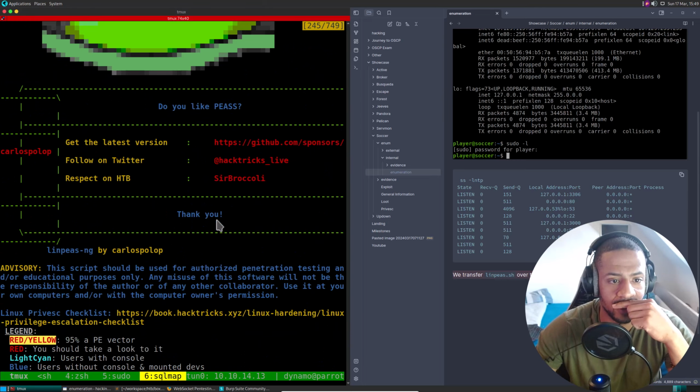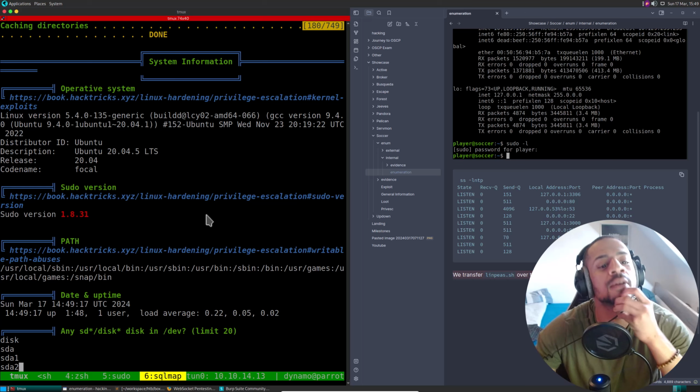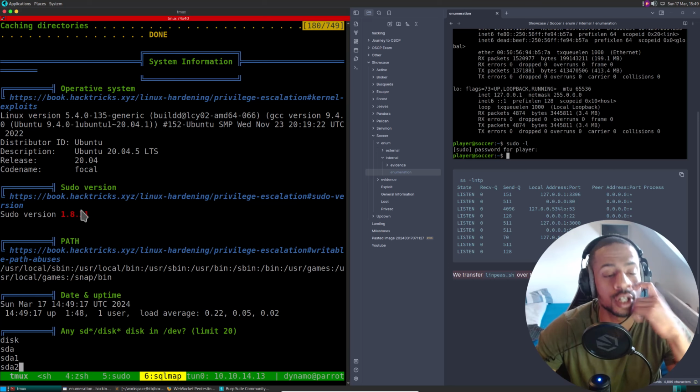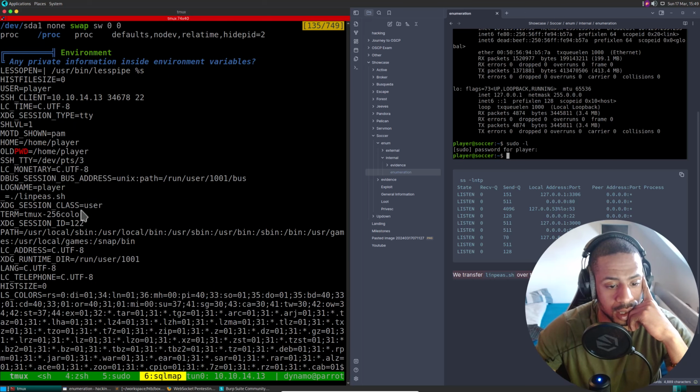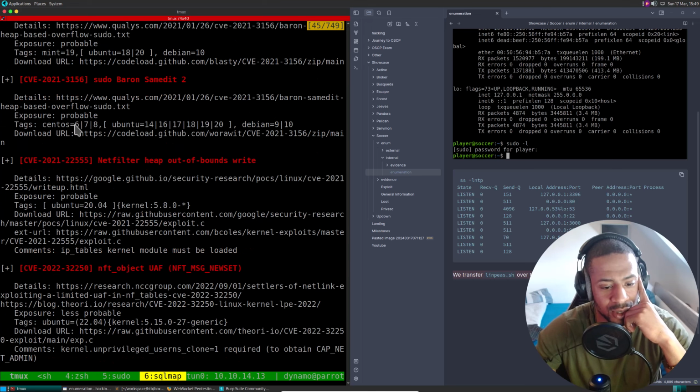So, what do we have? Sudo version is up to date. Kernel exploits. I love PwnKit. We've used that once, but I doubt it's going to be again. Anyway, we're not going to use it either way.